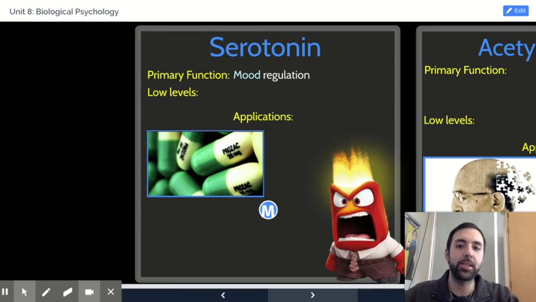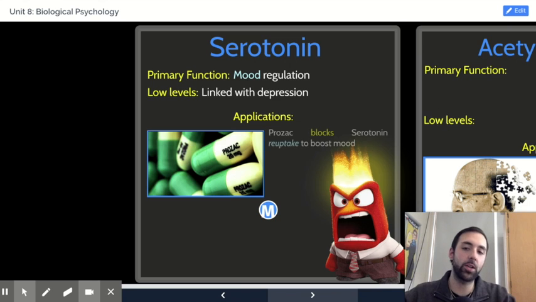First neurotransmitter is serotonin. The primary function of serotonin is it is considered a mood-regulating neurotransmitter. When individuals have an abundance of serotonin in their synapses, it's likely going to be correlated with an elevated mood, and then low levels might be correlated either with a depressed mood or actual clinical diagnosis of depression, whether that's major depressive disorder or persistent depressive disorder, or even, in some cases, bipolar disorder, particularly the depression aspect of bipolar